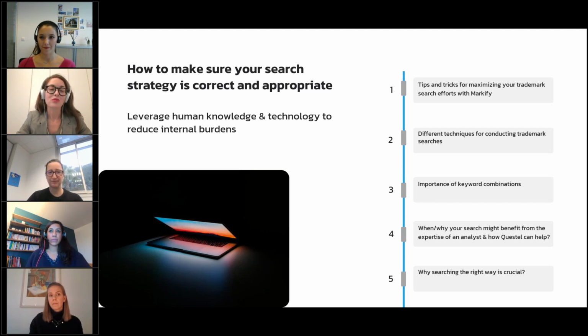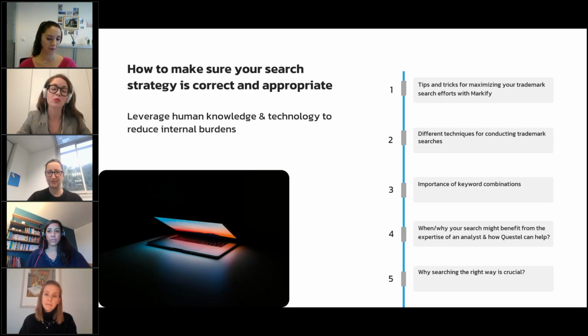Let's talk about now what we will discuss today in details. So we will start with tips and tricks for maximizing your trademark search efforts with Markify. We will also discuss the different techniques for conducting trademark searches. Then we will discuss the importance of keyword combinations while doing your searches.